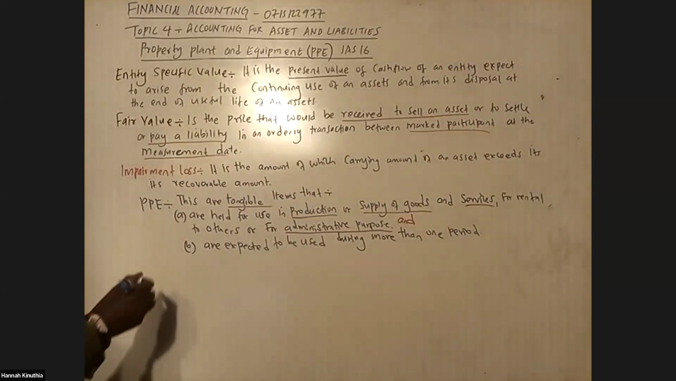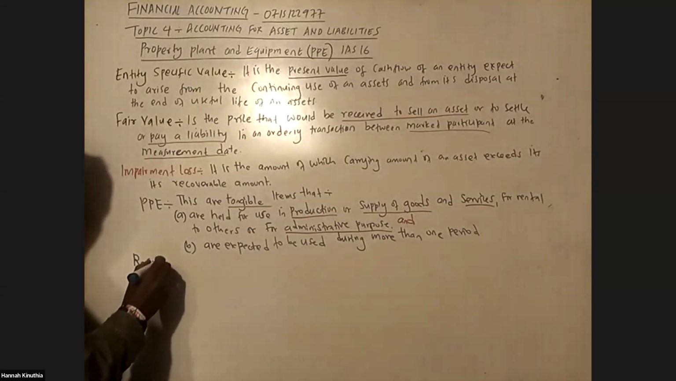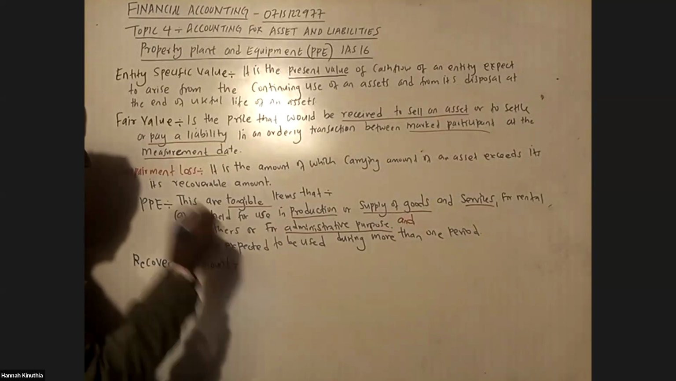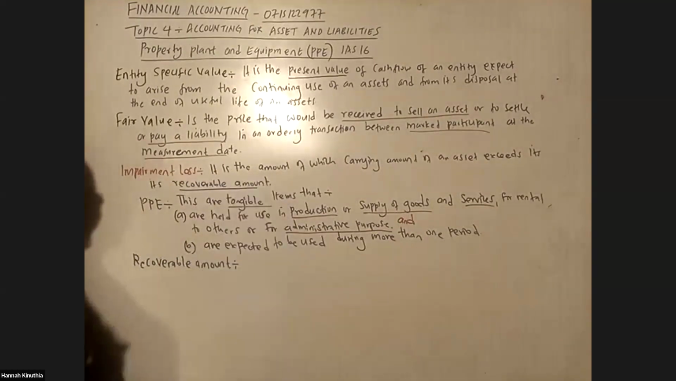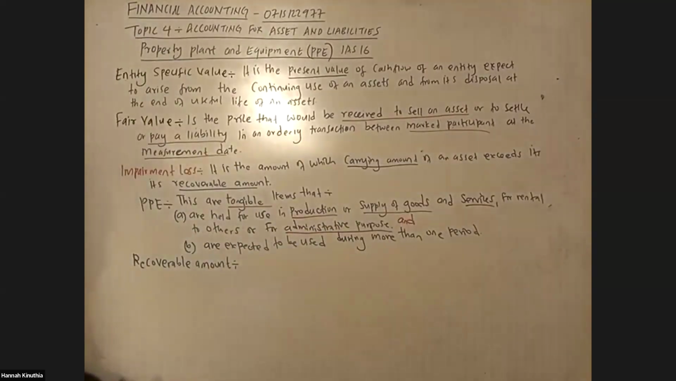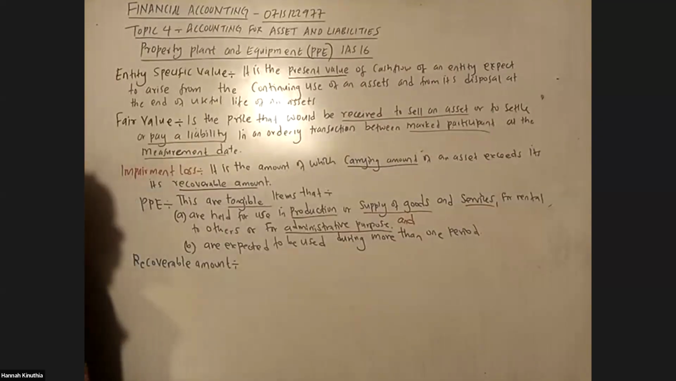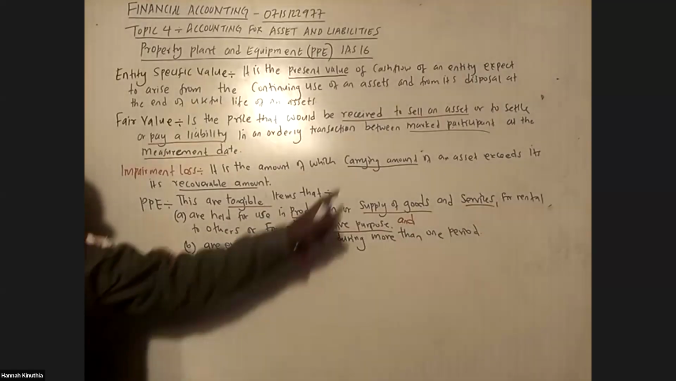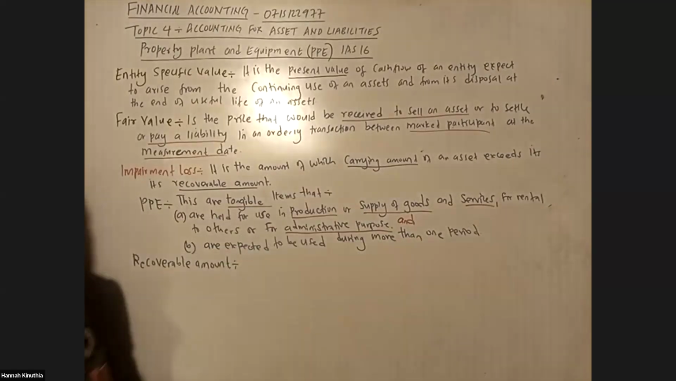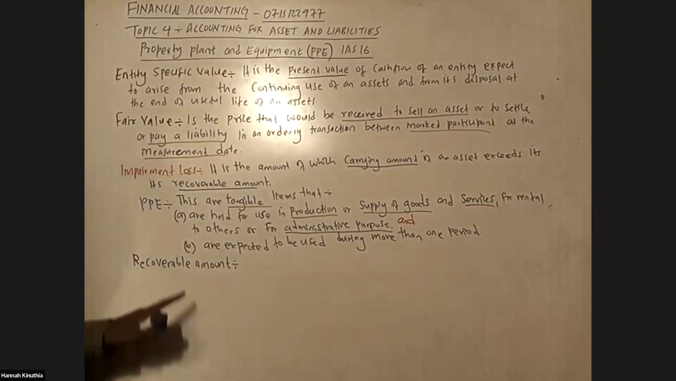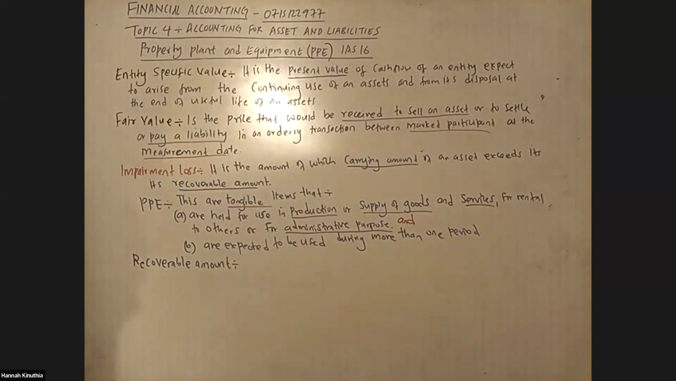Now, what's the recoverable amount? Let's define the recoverable amount. Now we know the carrying amount. We know that the carrying amount is the amount which you find in the balance sheet, meaning it is the cost less accumulated depreciation, or the net book value. Now let us see the recoverable amount. So what's the recoverable amount, and how is it important? Now, it is the higher of asset fair value